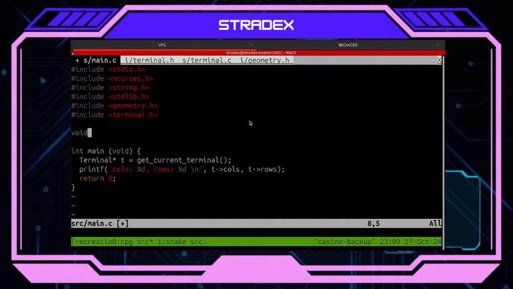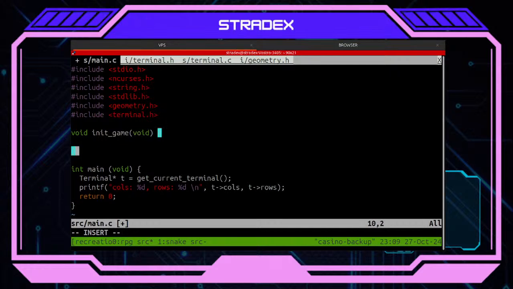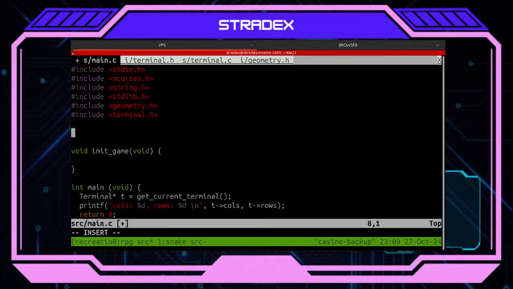So let's go by creating my init game function. It should initialize everything with the game. I wish to have some sort of global variables though, like my terminal. Yes, my terminal.